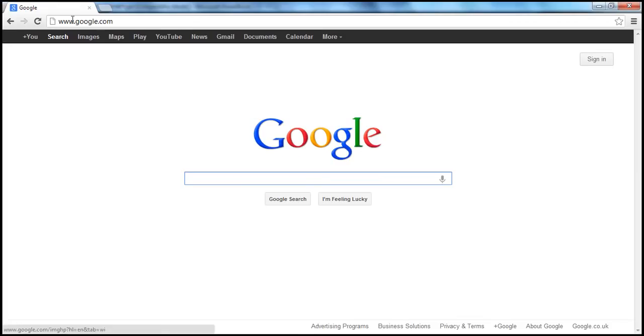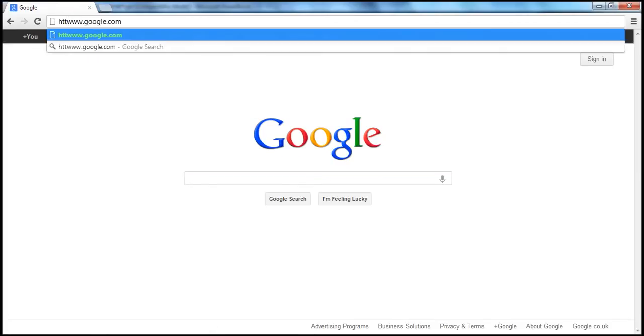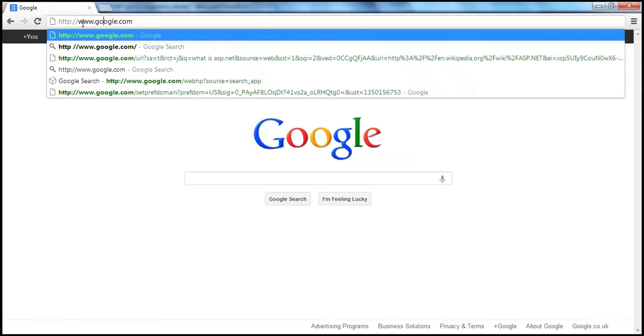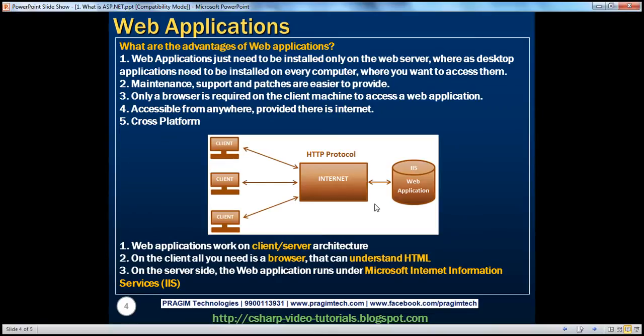In the URL, I actually use http://, that's how the full URL is: http://, World Wide Web, www dot the name of the application, google.com. Now if you're wondering what a protocol is, it is nothing but a set of standard rules that describe how two or more items communicate over the internet.